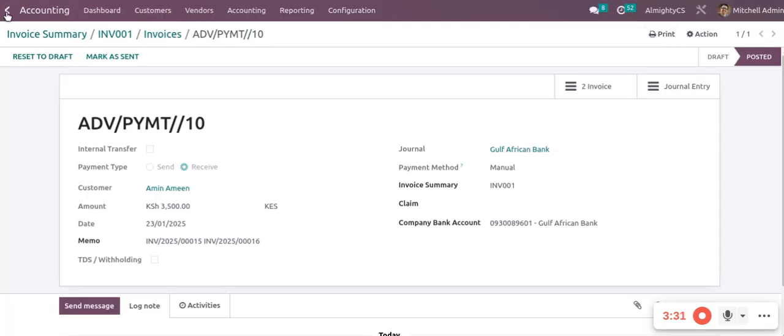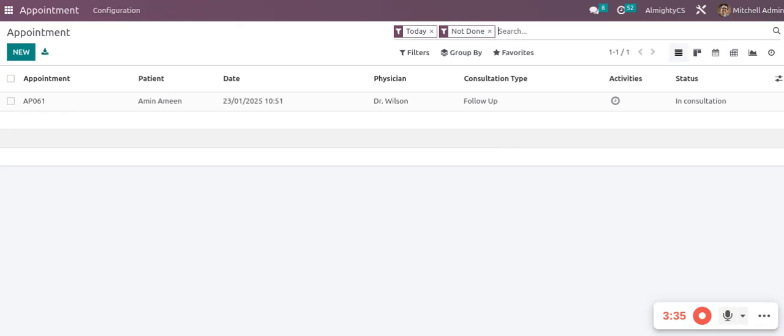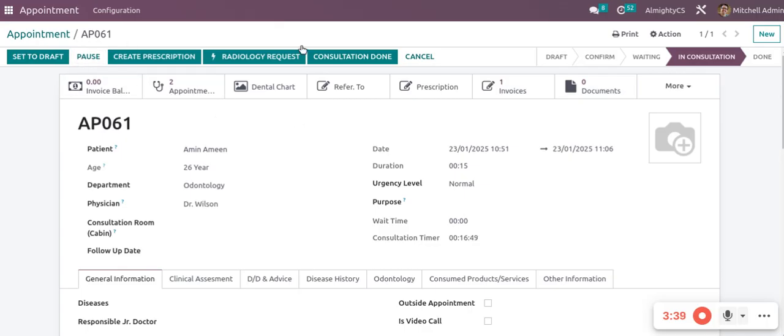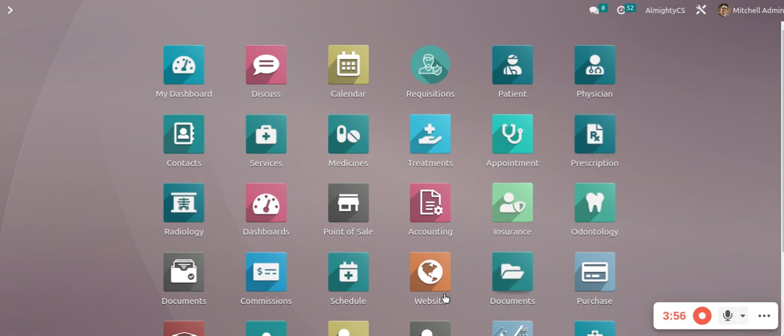So that way we can say this patient has cleared the balance, and we can say this consultation has been done. So I'll click on consultation done. So in the event this patient has insurance, we will create an insurance cover for them. So I'll come here, insurance,